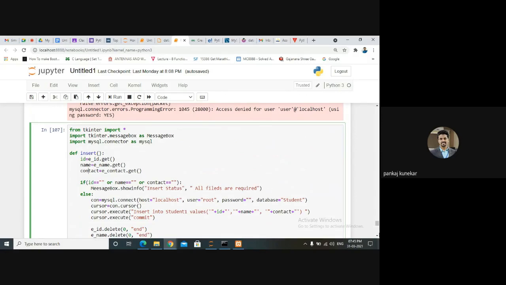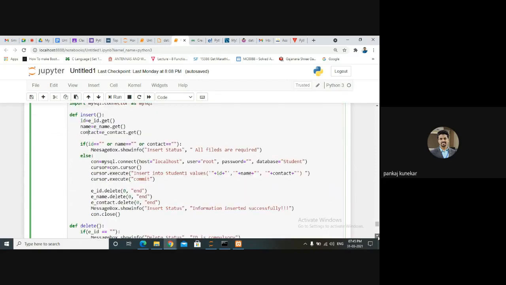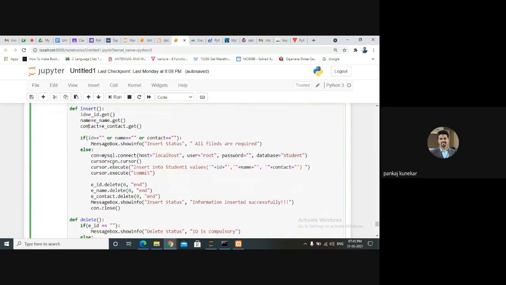Then before inserting data into our table or database, we need to check this thing. We can do many validations, but the basic thing is that it should not be null. All the fields are compulsory.